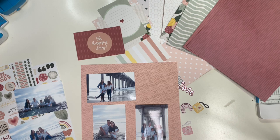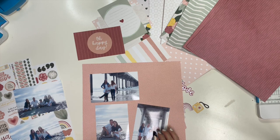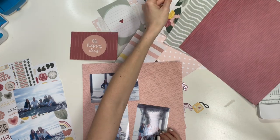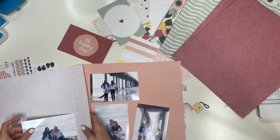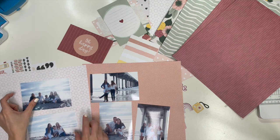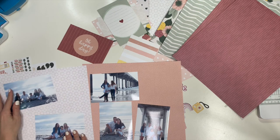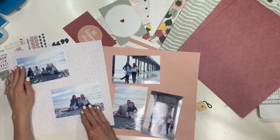What else could I do here? I'm thinking of, let's see, what were the other photos here? Maybe this could be a background on this side. And how cute. Could either do this or